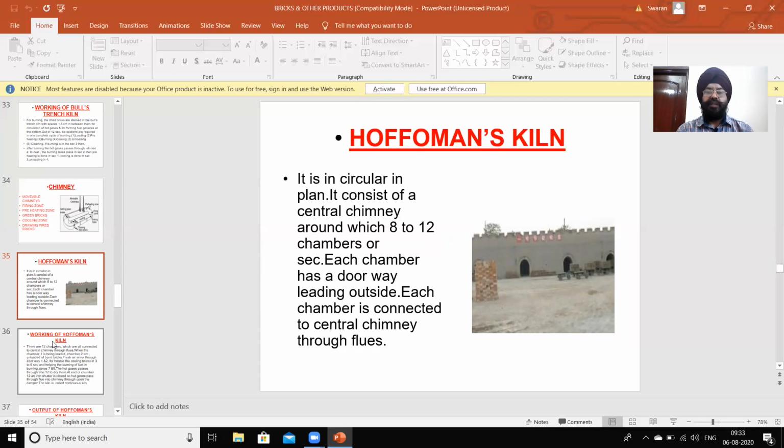Each chamber has a door, a bay leading outside. Each chamber is connected to the central chimney through flues. So each of these 8 to 12 compartments has a door for loading, unloading, and for going in and out, and each chamber is connected to the chimney.